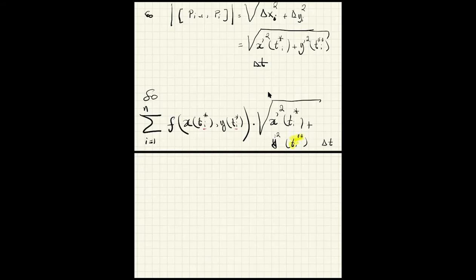If you had the same t_i star, it could give a Riemann sum, right? But because they are not equal,